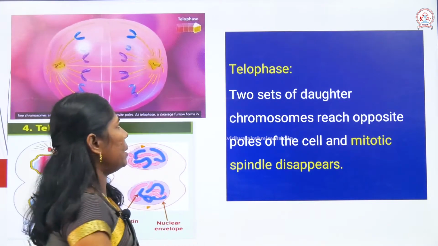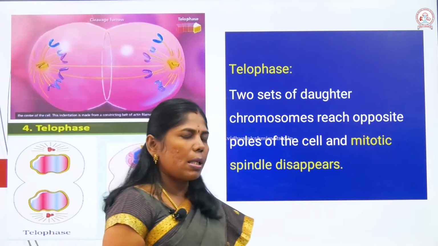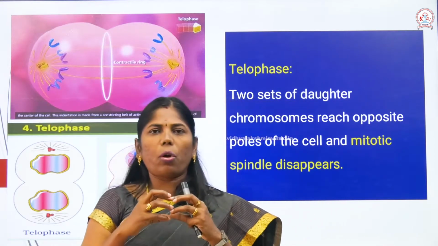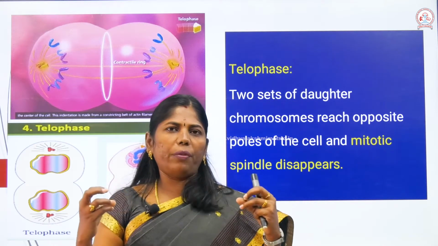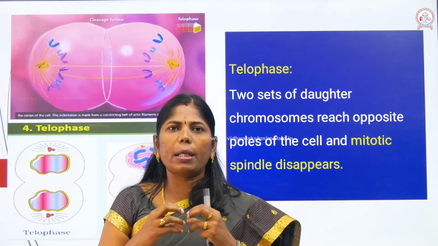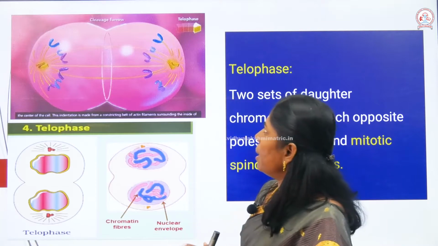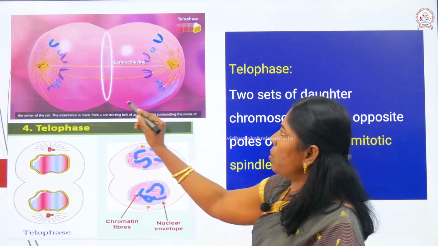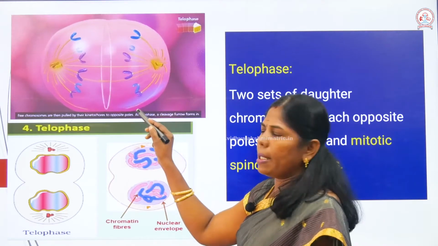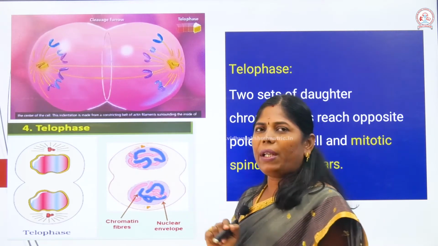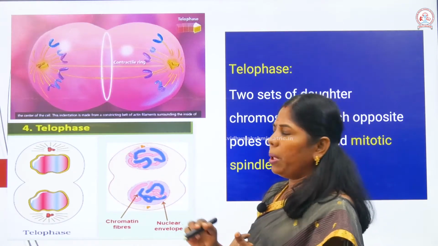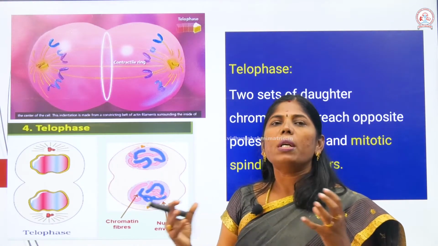And next we have to see the telophase. Okay, this is the last phase of mitosis. In the telophase, both chromatids are totally separated from each other. Actually the karyokinesis will be over. Okay, here the karyokinesis takes place. So you can see here the cleavage between the two daughter cells. It's a total cytokinesis. Okay, so first we see the karyokinesis, followed by cytokinesis during this period. Finally we can see the two daughter cells.